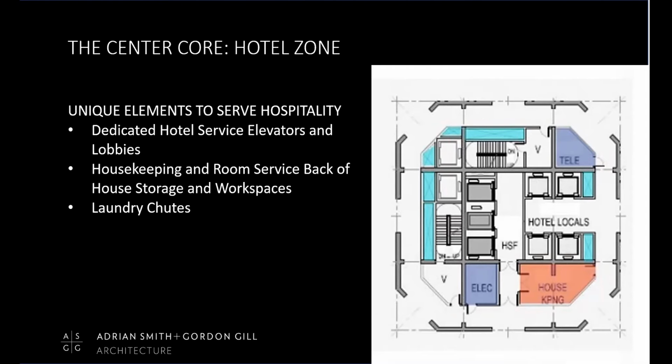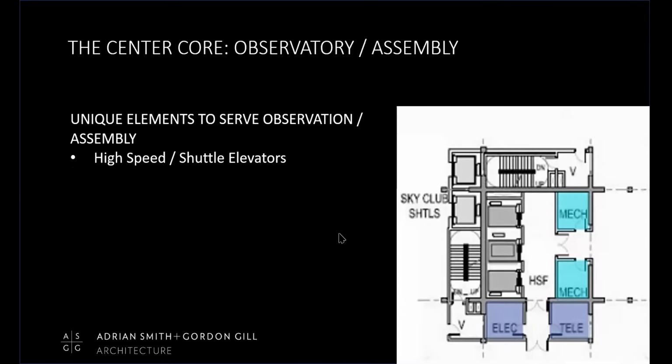What's left are hotel local elevators, a telecom and electrical room to serve the hotel floors, and we've added a housekeeping area now. This is for the linens and room service, et cetera. Still have a couple of exit stairs. We still have some vestibules to those stairs, and we still have a couple of elevators that are special shuttle elevators that then go up to serve the top of the tower, the observation and assembly use, which is basically a sky club in the case of